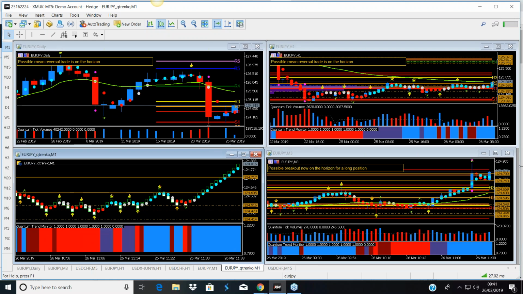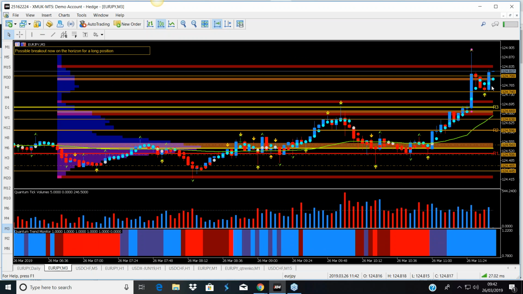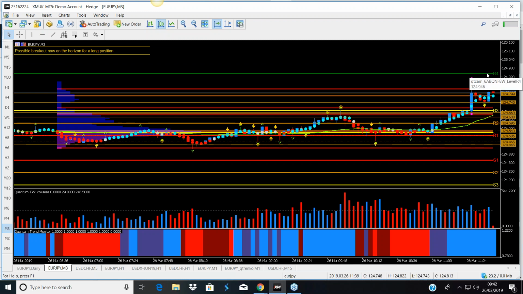Now, on the time-based chart, the argument is there's got to be a ton of volume coming in. Where is this move going next? Well, it's got to take out the high of that candle if this is going to carry on higher. And going back to support and resistance, where is it heading? It is heading to this level here, 124.94, which is where the R4 is on the Camarilla.